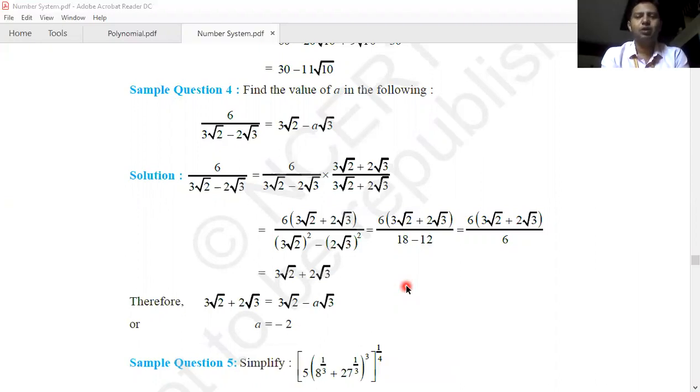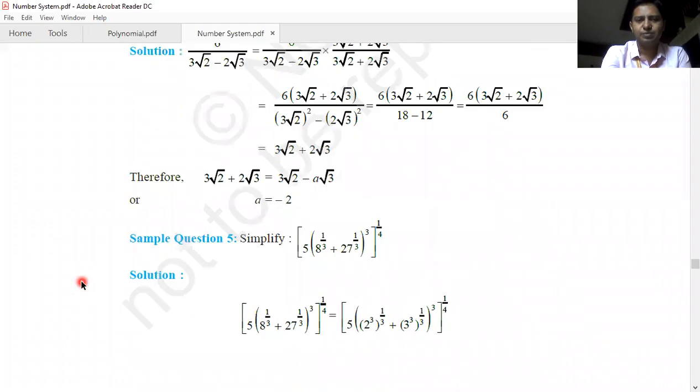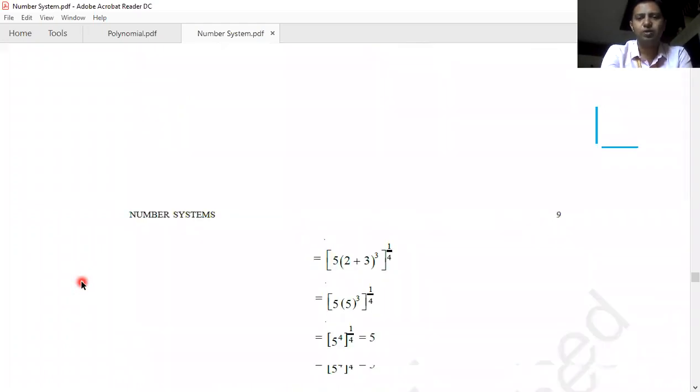Shashwat was having a doubt in the previous question that 17 can be written as 3 square plus 8 also. But 8 is not a perfect square. 8 is a perfect cube, not a perfect square, and we require 2 perfect squares, so 3 square plus 8 is not the right answer. We can write it as 4 square plus 1 only, because 8 is not a perfect square, and we require 2 perfect squares to find the answer.